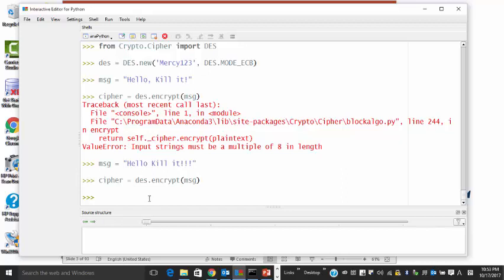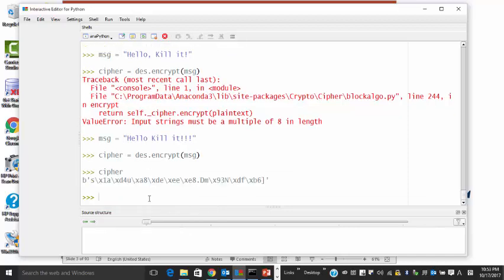So hello kill it is, if we look at that, then that is the thing, right? This is a byte code B, and this is it. That is sent out. If you want to decrypt it, you can decrypt and then cipher. You can decrypt and cipher, and then I want to say